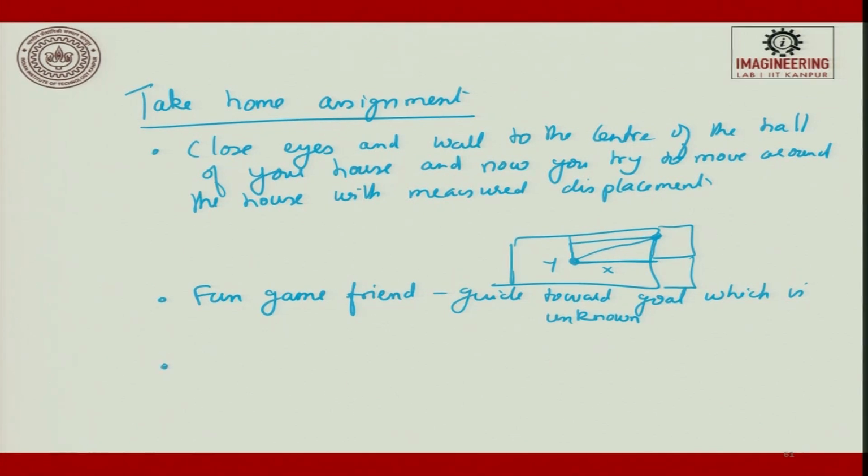The third thing is, here you will also try to appreciate the world coordinate system and user coordinate system. After entering into the room, if you still use the old point as a reference, you will get confused. So, you will try to convert from world to user, user to world. The same thing when you do it on a computer, you will follow the same. Whatever I have said, you will try to experience the same.